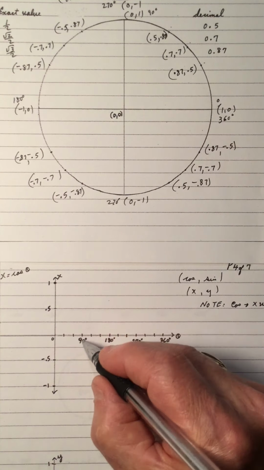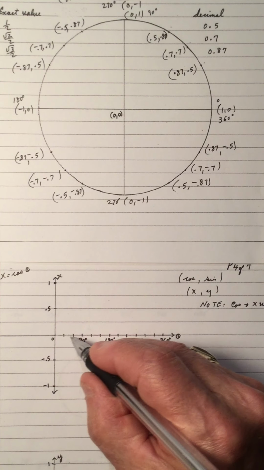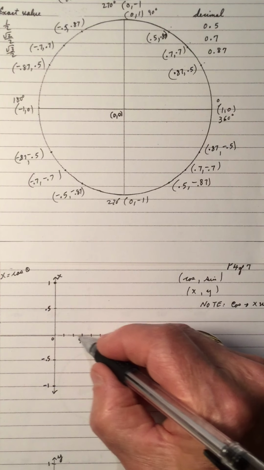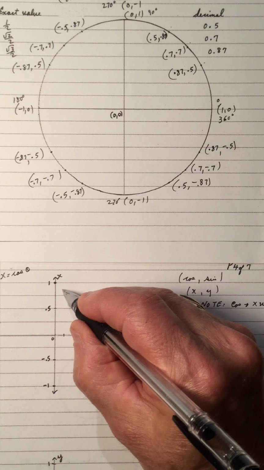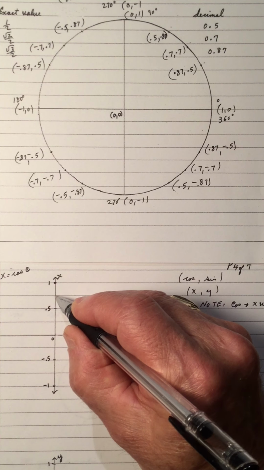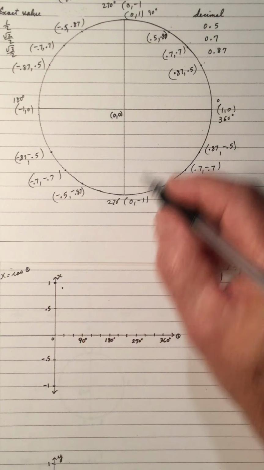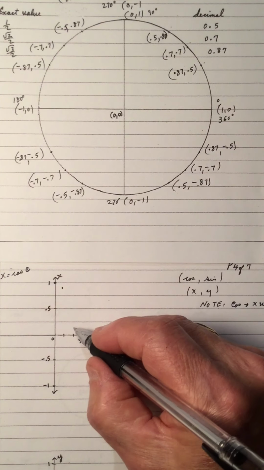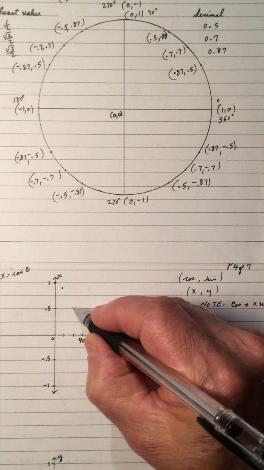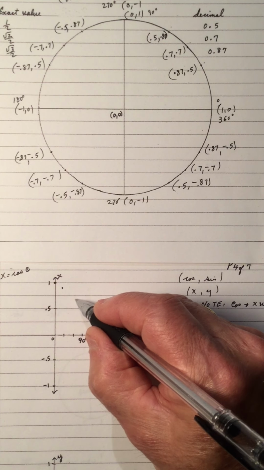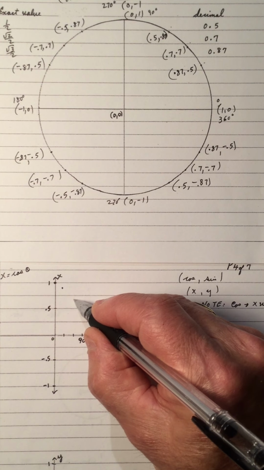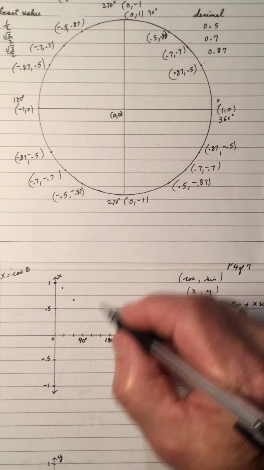So there's 30, because that's 90, 60, and I've got it all in 30 degrees. So 0.87 is, there's 0.75, so let's just take a rough estimate. And the next one is 0.7, so there's 60, which is 0.7. So let's say it's about right there. Don't have to be exact. And a 90,